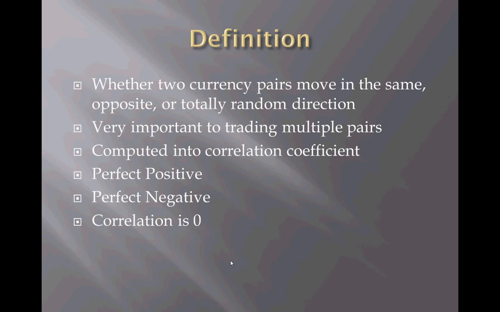Currency correlation. The first half, easy, currency. No explanation needed. The second half, still easy, correlation. A relationship between two things. In the financial world, correlation is a statistical measure of how two securities move in relation to each other. Currency correlation, then, tells us whether two currency pairs move in the same, opposite, or total random direction over some